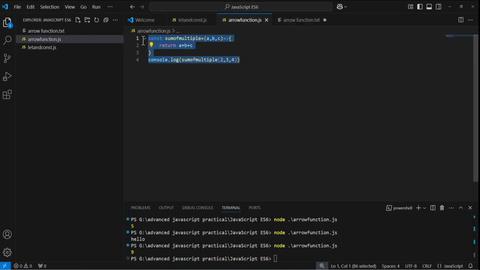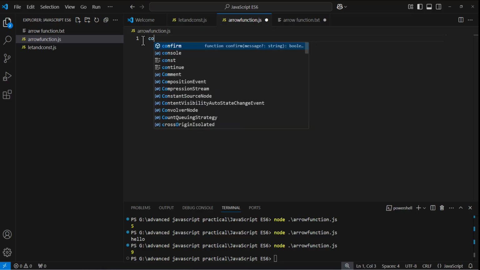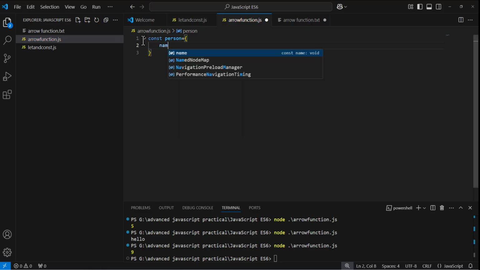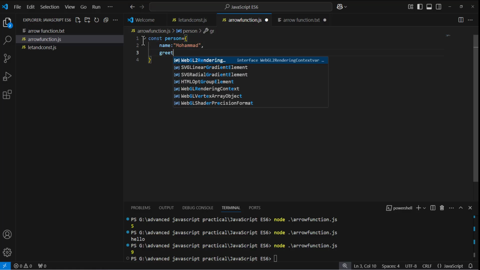First, I'm writing an object, const person, name will be Muhammad, and I'm writing a function